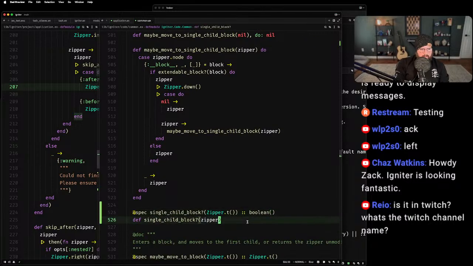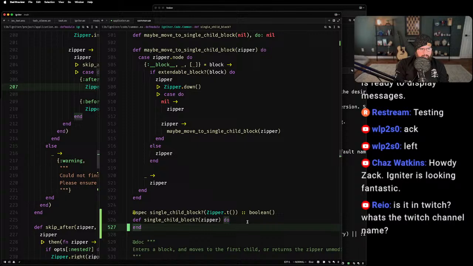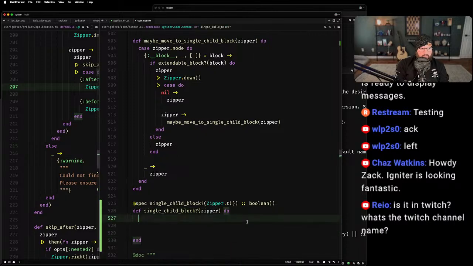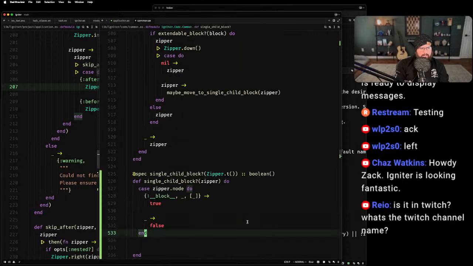Okay, it's a single child block if it is a block with one child that is extendable.